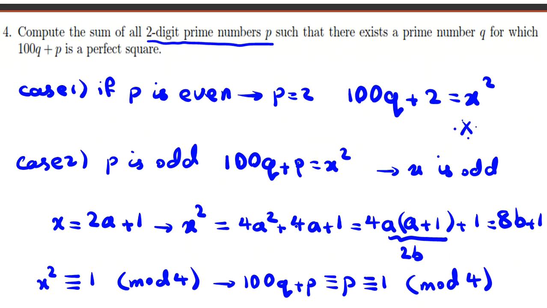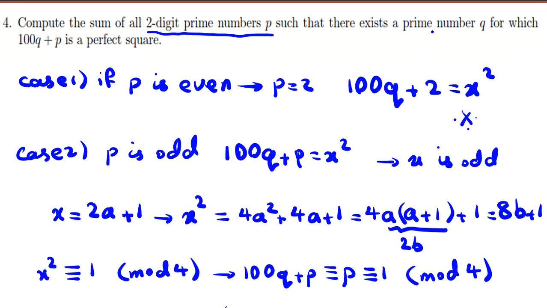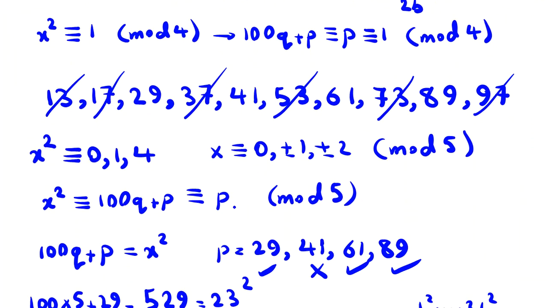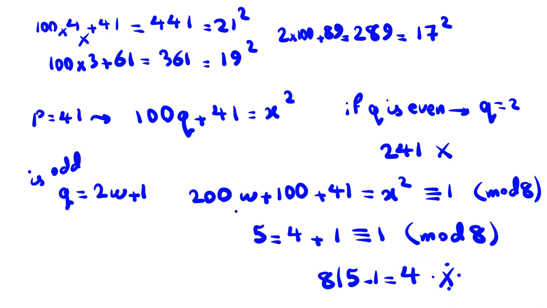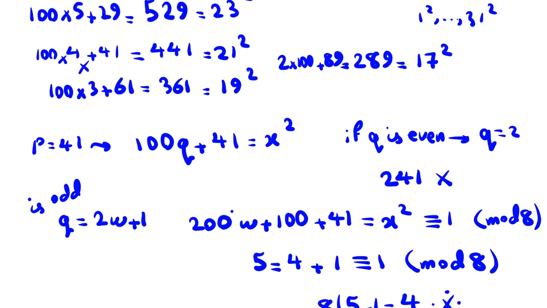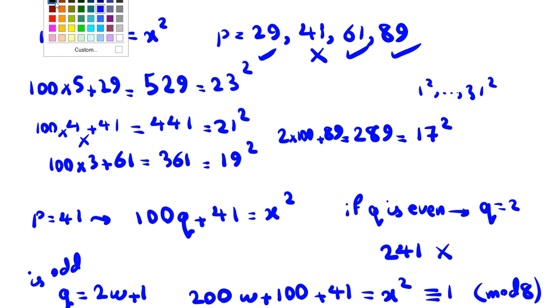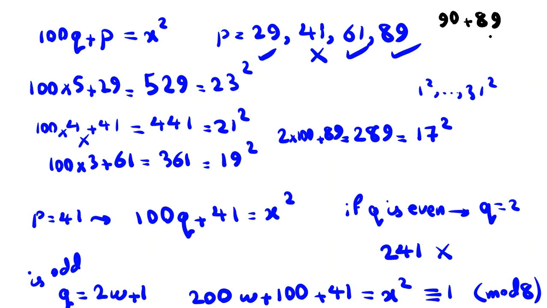And the problem wants prime Q for which this is a perfect square. Compute the sum of all 2-digit prime P. Now we should add all these numbers. Let me write the rest with black. 29 plus 61 is 90. 90 plus 89 is what? Okay, so the answer, the sum of them, equals